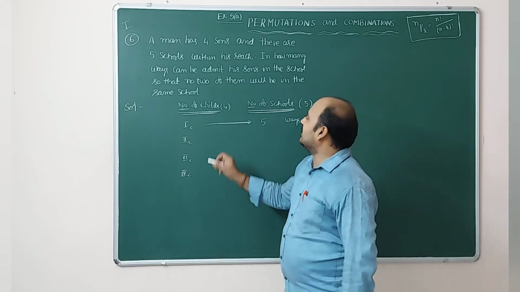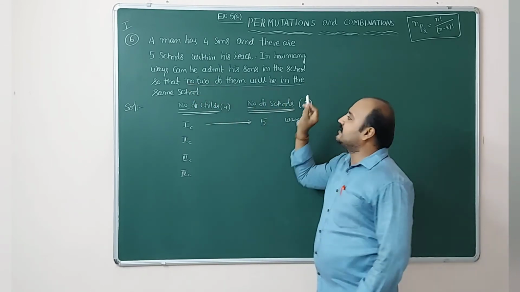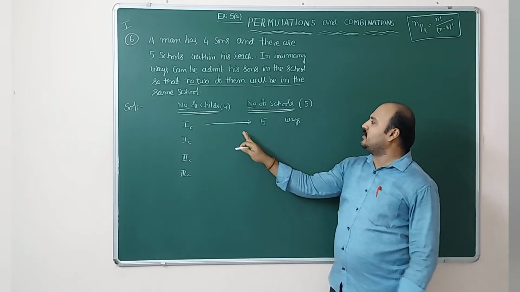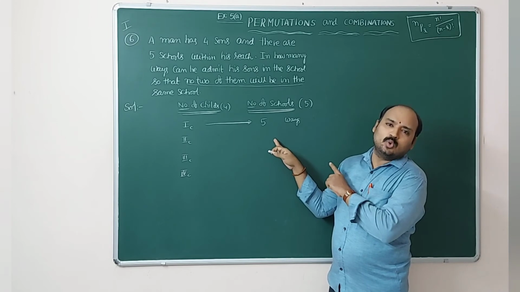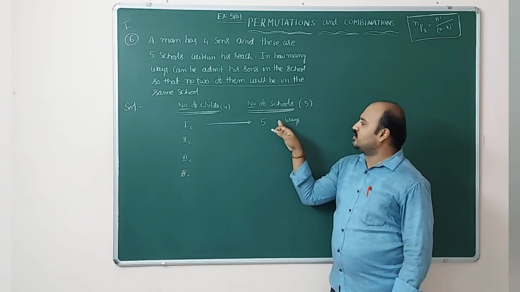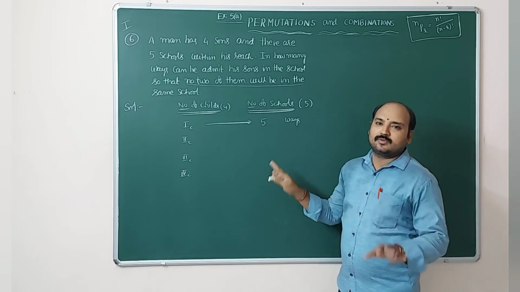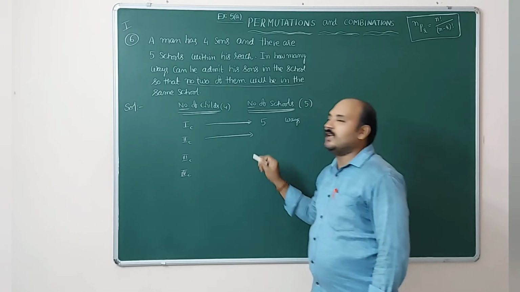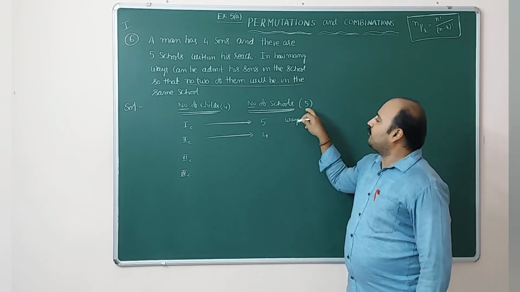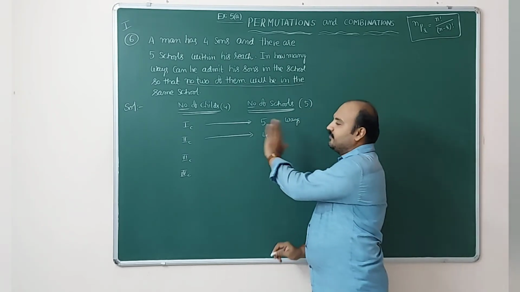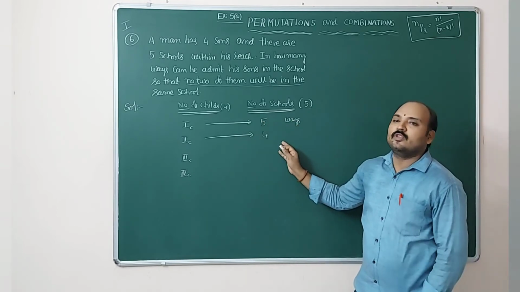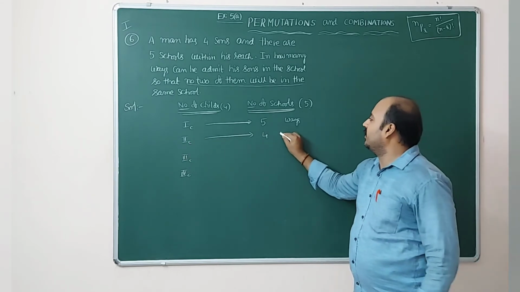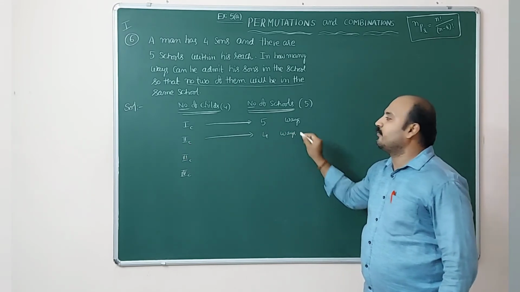After that, one condition is given, no 2 of them will be in the same school. So obviously the second student cannot join the same school. Whatever school he joined, the second cannot. So the second student has the possibilities: out of 5 schools, 1 school is taken, so the rest is 4. So out of the 4 schools, the second child is going to join. So here also 4 ways are there.